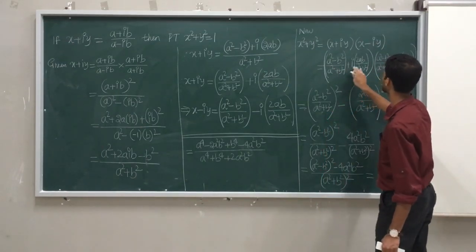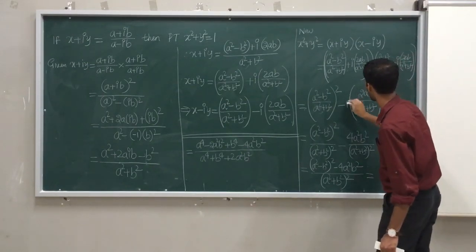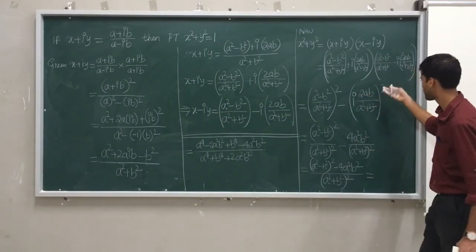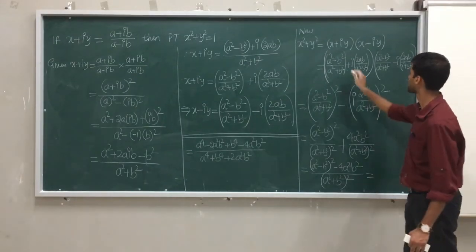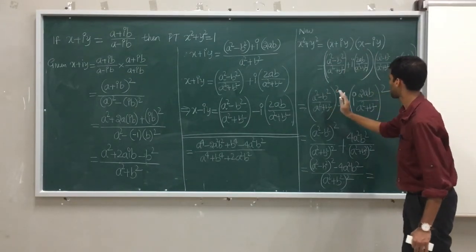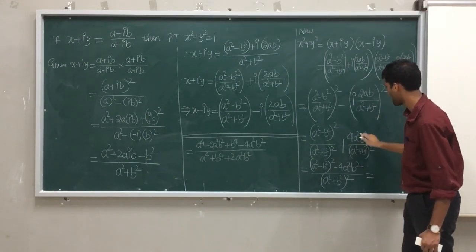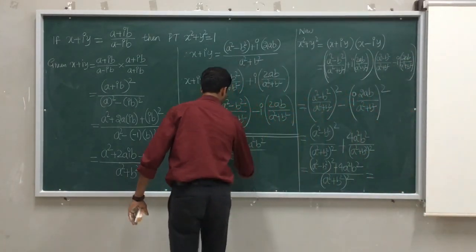It looks like a plus b into a minus b. It is a square minus b square. I need to write here the i also, which I forgot. So i square. Because of i square, this becomes plus. I am extremely sorry, because it looks like a plus b, a minus b. Therefore, a square minus b square. So i square is minus 1. Minus minus becomes plus. Here also it will become plus.